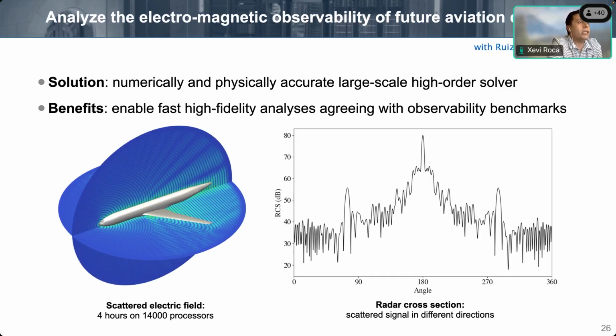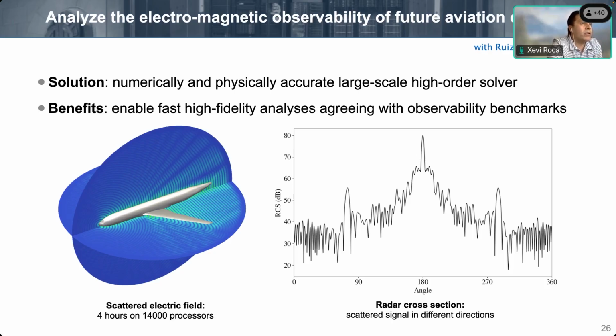What they want is, in the x-axis, they have the angle. You have an incoming wave that is planar from the front of the aircraft. And for the different angles, you want to see, in this case for the horizontal plane, the ratio of the scattered signal against the incoming signal at infinity in decibels, which is